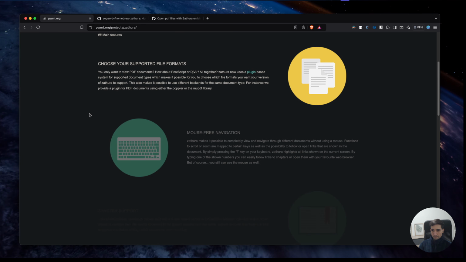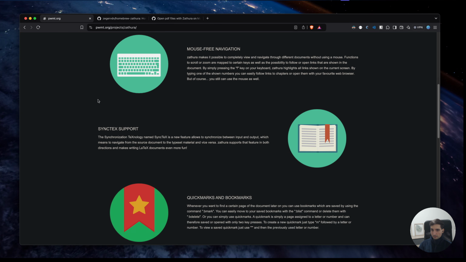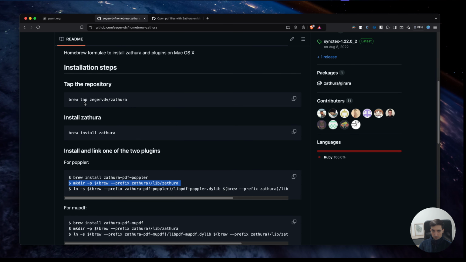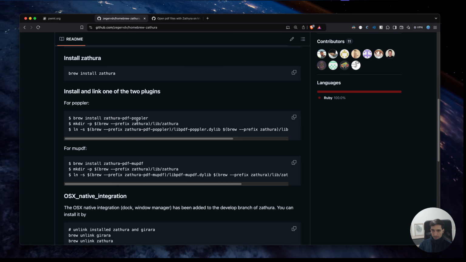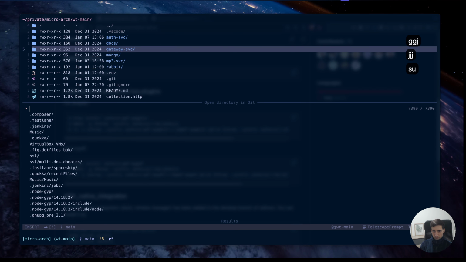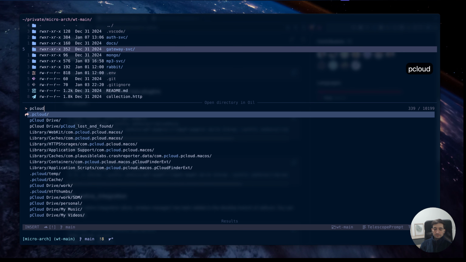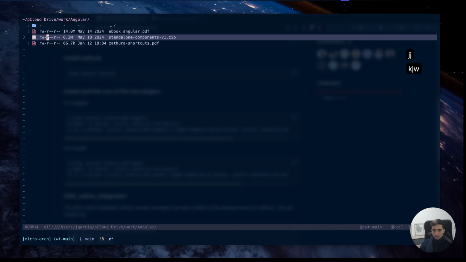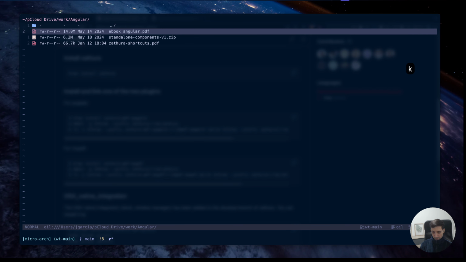Now in its home page, we can see a summary of its main features. In order to install it, you just need to run these commands if you are on macOS. And then once installed, if we open an oil buffer and we move to a directory where I have a PDF, let's say over here, and then we open this PDF with the standard system open command,